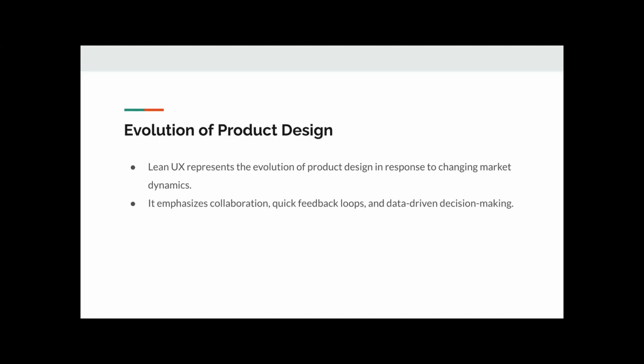Now, these three important things are really crucial for Lean UX, because when you deliver something to the customers and you don't know whether they are using it or not, or how they are using it, it will be very, very difficult to identify whether you've built the right things or not, right? And that's why we have more analytics in the product to find out whether the feature that you have developed and released is really something that customers are using or not, right? And you collect different types of data.